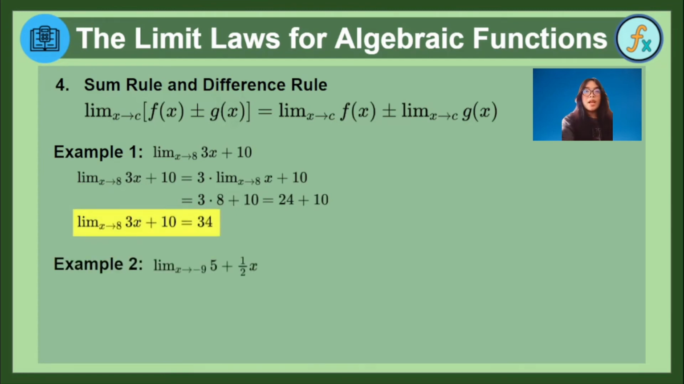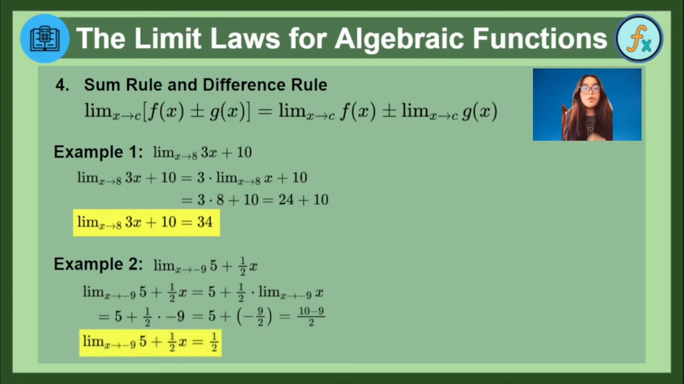Example number 2. Determine the limit of 5 plus 1 over 2 x as x approaches negative 9. Again, apply the concept, so it's going to be 5 plus 1 over 2 times the limit of x. The limit of x as x approaches negative 9 is negative 9. So thus, 1 over 2 times negative 9 is negative 9 over 2,